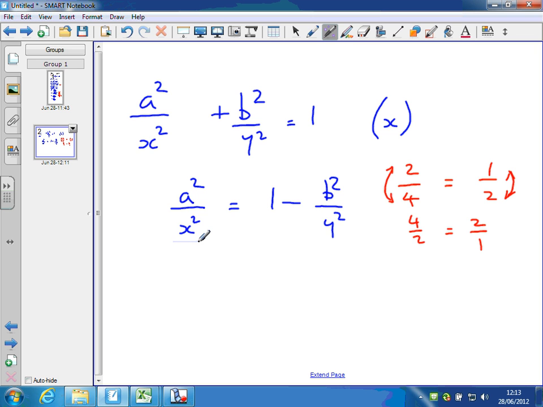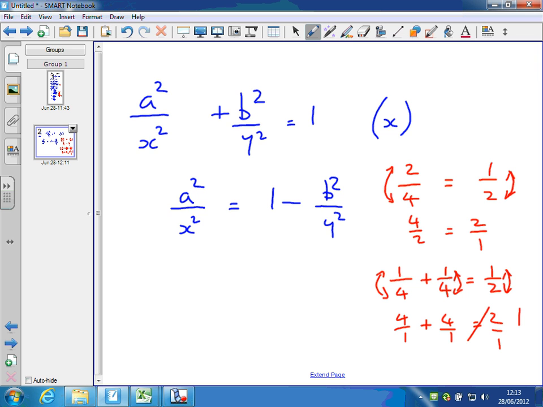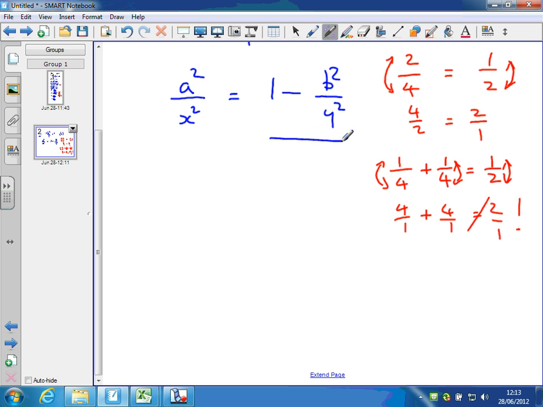The trouble is that although that's true, if I flip one fraction and then the other fraction, it's still true. A quarter plus a quarter, that's a half. However, if I were to invert all of these fractions to get 4 over 1 plus 4 over 1 equals 2 over 1, that actually is not true. So I can only do this little trick if I've got one fraction on both sides. So the trouble here is that looking at this, I haven't got just one fraction, but we can make it